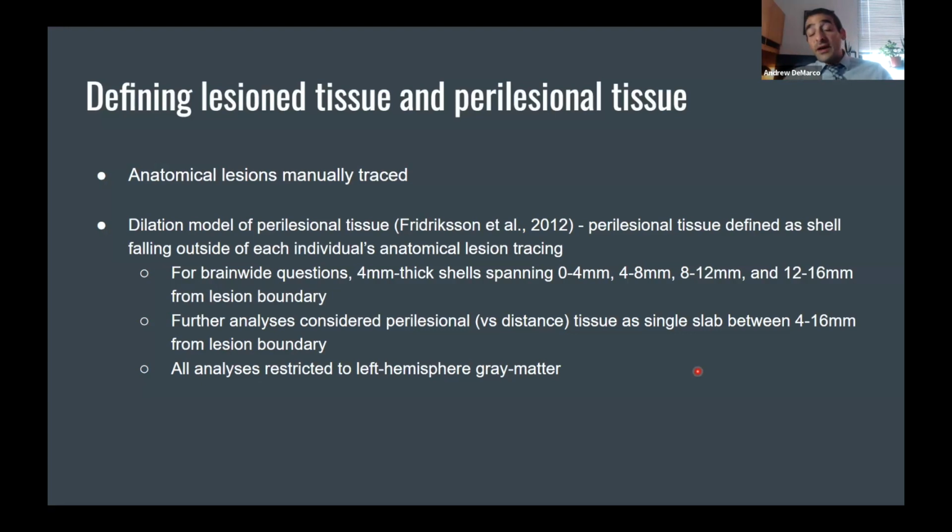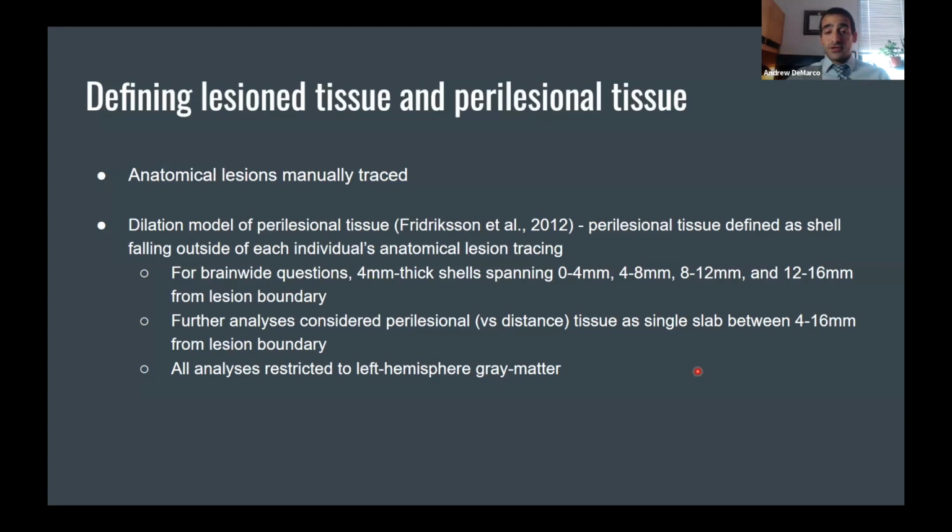Then we adopt a procedure that's been used before by Julius and other people, Jessica Richardson, basically taking that lesion mask and dilating it, so expanding it out in all three directions, and using that shell around the anatomical lesion as the